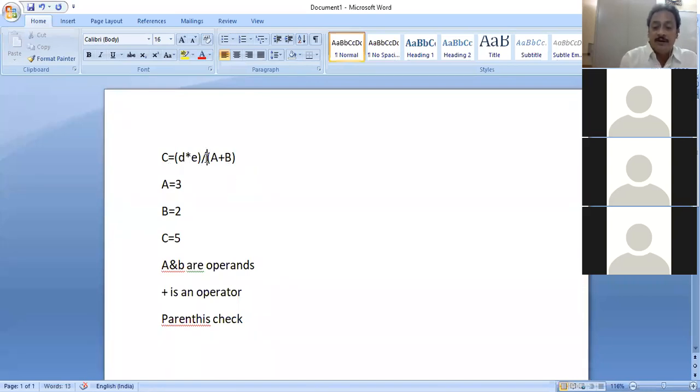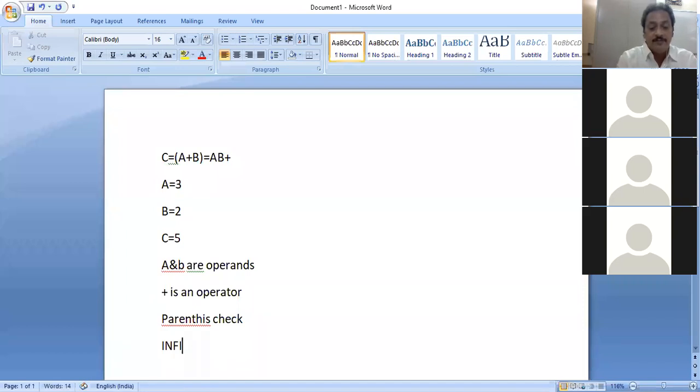In that previous example, for simplicity's sake, anyway, we are supposed to work out a good number of expressions in the future, in the next classes. To evaluate this, we have to convert it into postfix. This is infix, A plus B, with the operands on either side and the operator in the middle. So A plus B within parentheses is supposed to be converted as AB plus. This is a postfix expression.